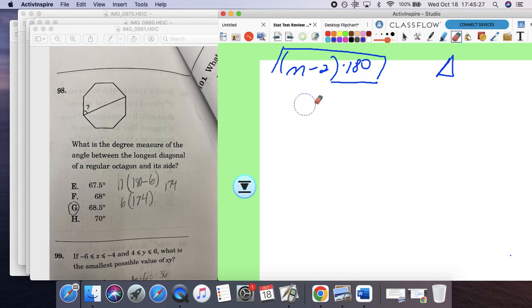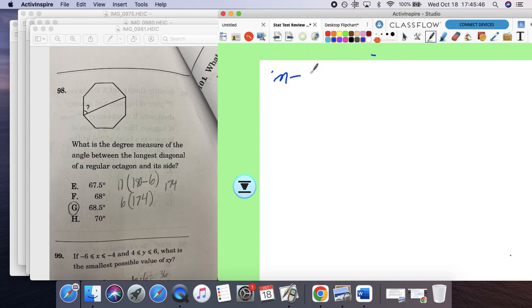Now, if it was a 4-sided figure, then you would do 4 minus 2 times 180. 4 minus 2 is 2 times 180 gives you 360. Yeah. So I guess you understand it now. So based on that, the number of sides minus 2